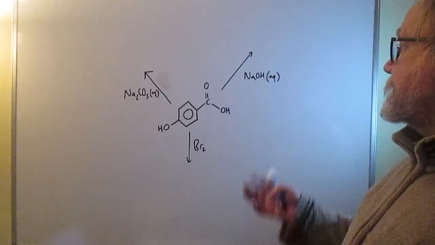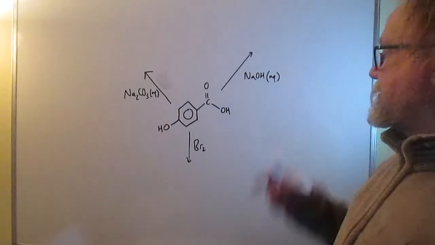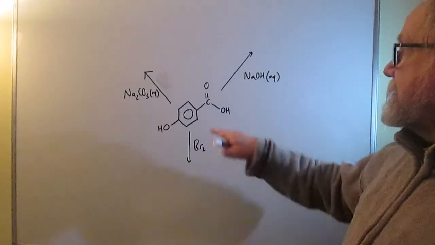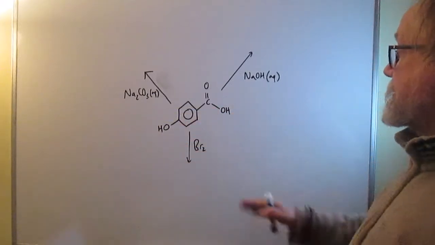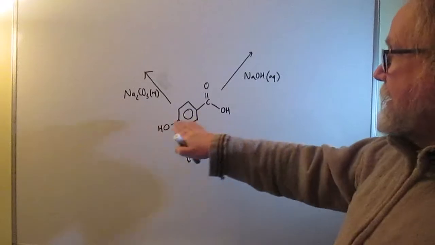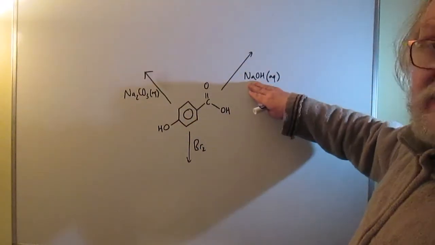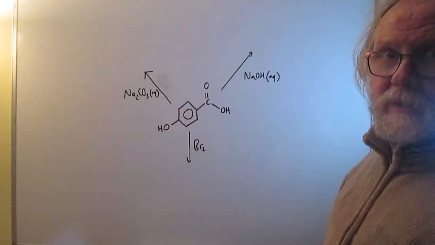Question 21, we just have to find the products of these three reactions. So the top two, this is the old chestnut about the relative acidity of a carboxylic acid and a phenol. What you hopefully know is that the carboxylic acid is much more acidic than the phenol, so while they both react with a strong base, like sodium hydroxide, only the carboxylic acid will react with a weak base,